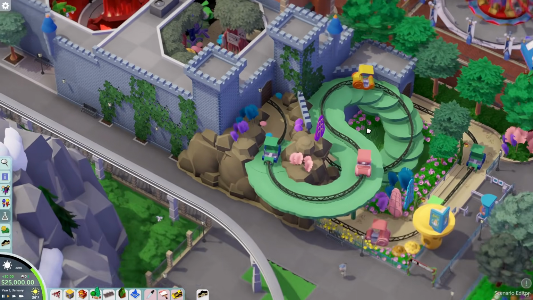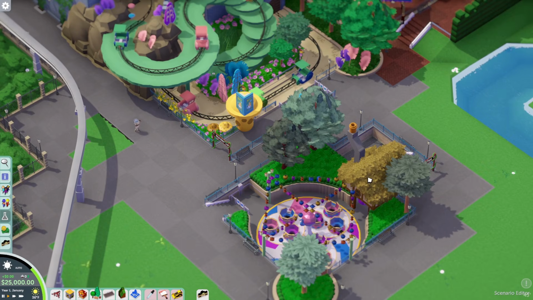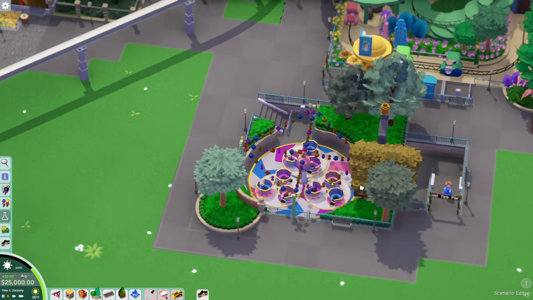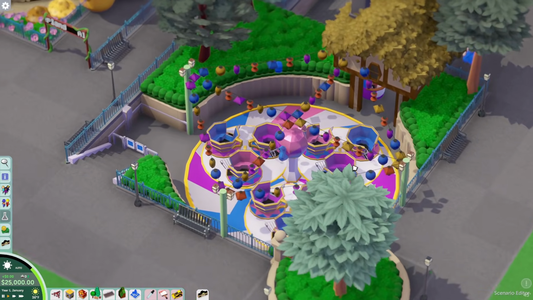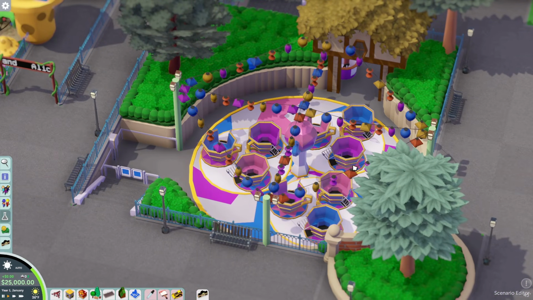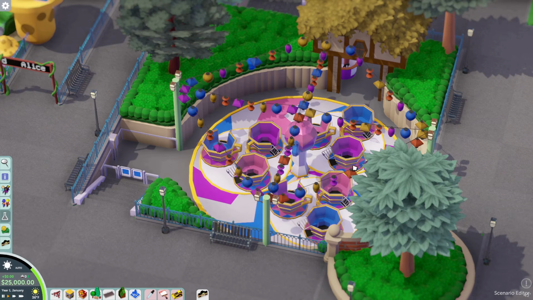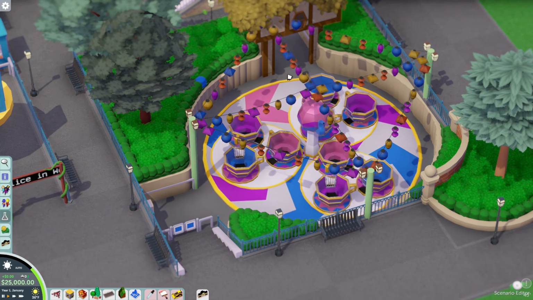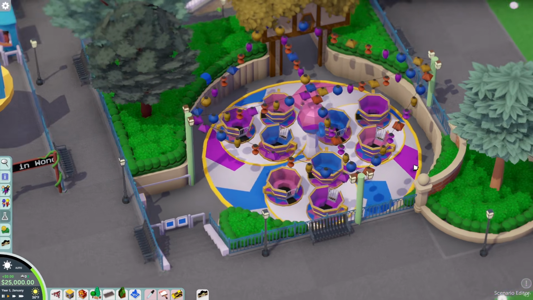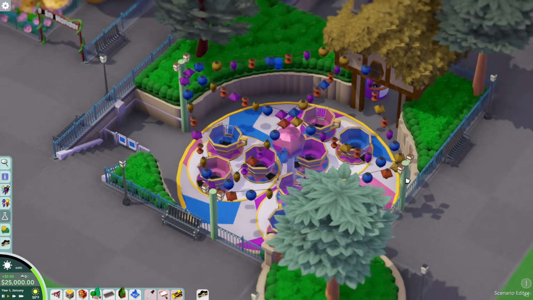I think it looks good from here. And then without Alice in Wonderland, I needed the teacups, so I built that as well. This was fun to build because the actual ride is built a little bit below ground level, and I was like, oh, that's cool, I might as well sink it too. I had this curvature, and that was kind of fun to add, and I added the lanterns on top,